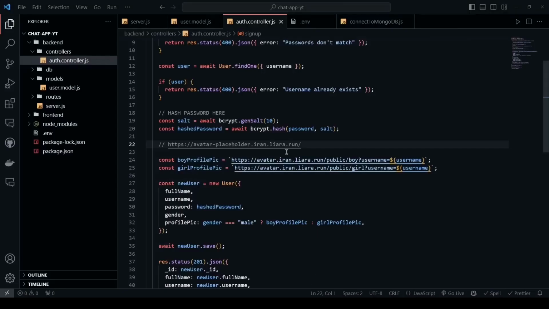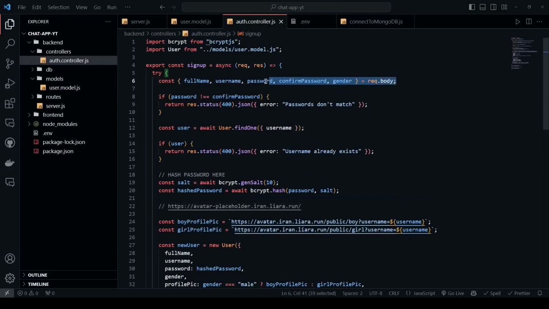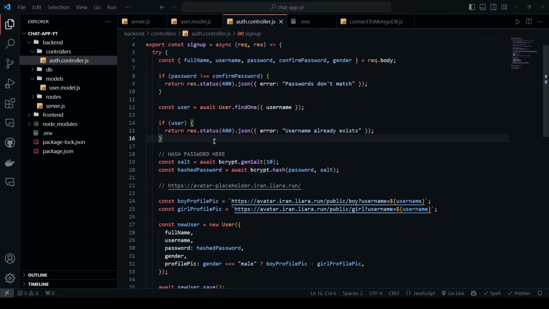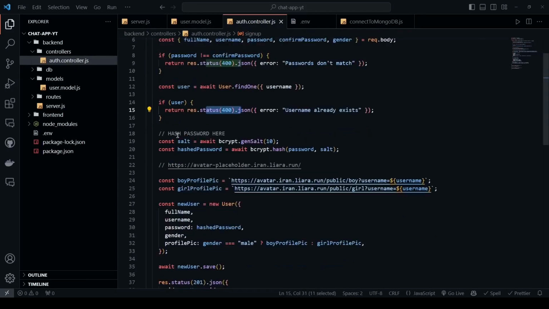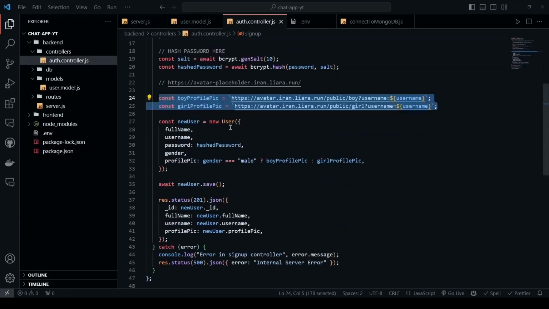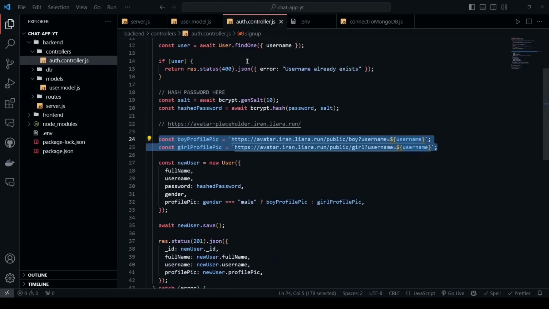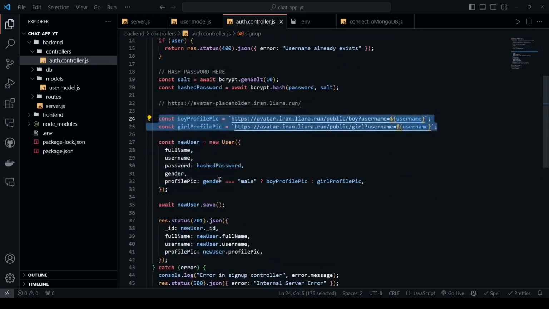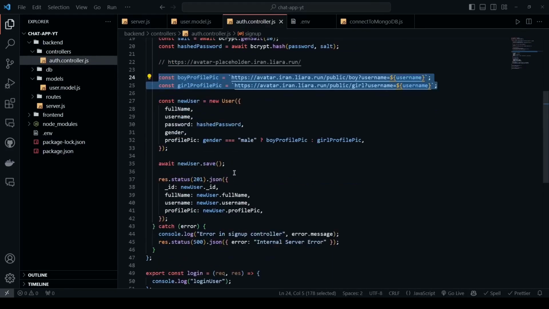Now let's take a look at this file. Just reiterate quickly. So we got the inputs from the user. We check if passwords do not match. We return this error with this status code. And then we check if this user exists in our database, depending on this username. If user exists, then we return this error that says username already exists. But if user does not exist, then we are gonna try to create this user. So we hash the password, then we determine the user profile, the profile picture, and then we just create the user with the full name that is being passed. So all these inputs, and then we try to save this user to the database and just send it as